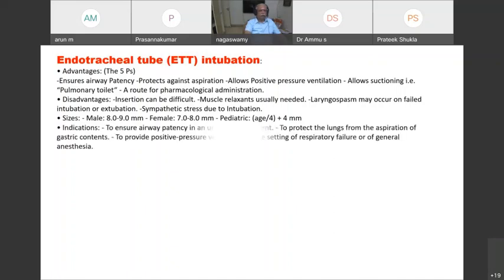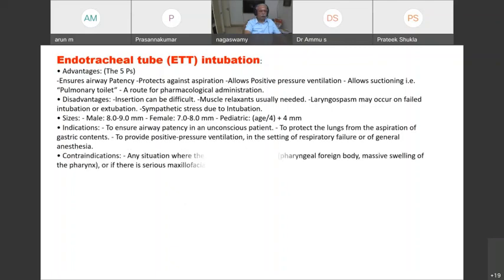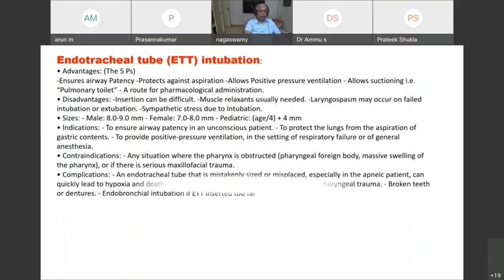Now, indications, of course: ensure patency in an unconscious patient, protect lung from aspiration. You can give positive pressure ventilation in the setting of respiratory failure or during general anesthesia. So these are all the indications where you use it. Contraindications: any situation where pharynx is obstructed, like pharyngeal foreign body, massive swelling of the pharynx, or if there is serious maxillofacial trauma. In these conditions, it is difficult to contain. And complications you can produce are mainly